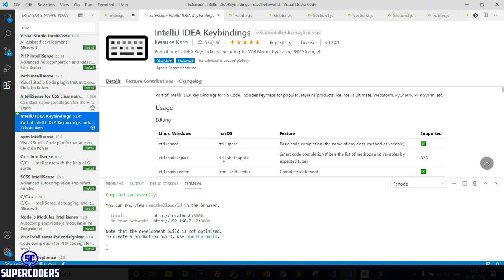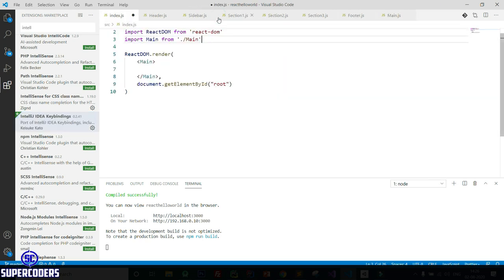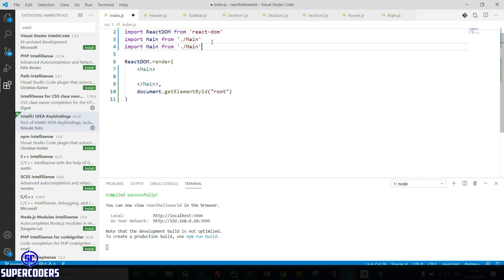So what actually it does, so if you are familiar with IntelliJ IDE like PHPStorm, WebStorm and PyCharm, and you know this shortcut, but you want to use this shortcut key in our Visual Studio Code, so you need this extension. It will key bind the same method which you use in our IntelliJ IDE, and it will work on Visual Studio also. So here after installing you can see if I type Control D, it copies and pastes the same line, just same as IntelliJ IDE or PyCharm.